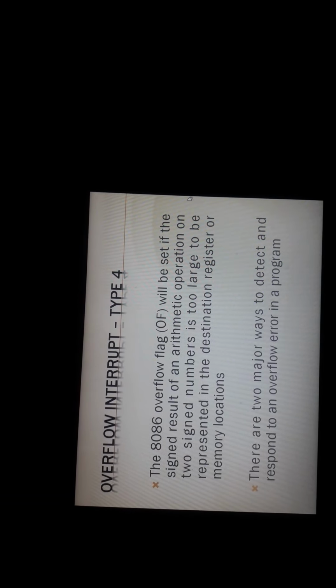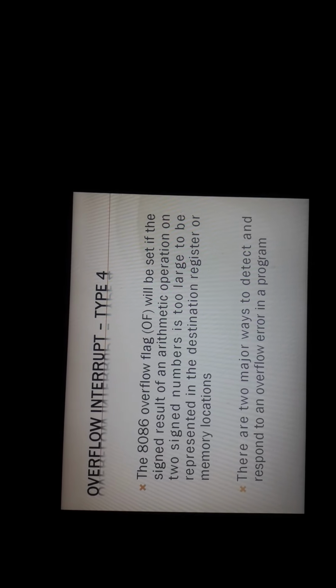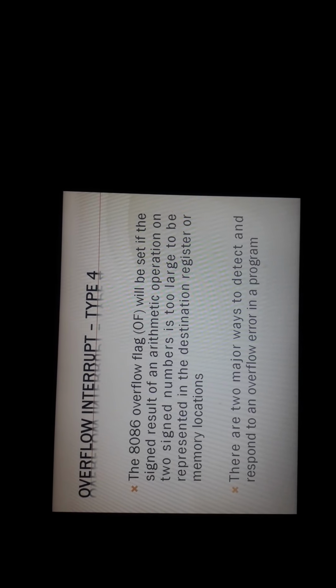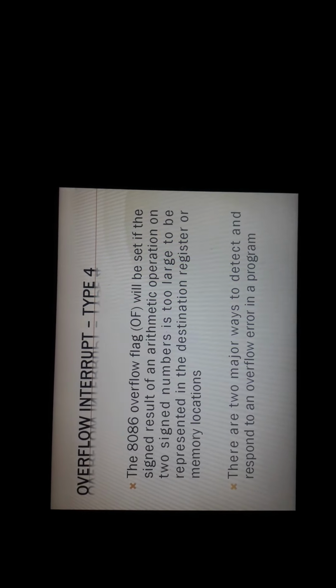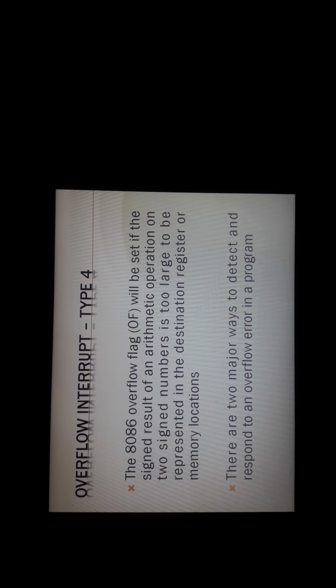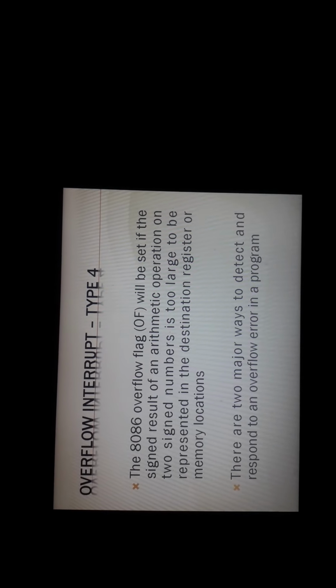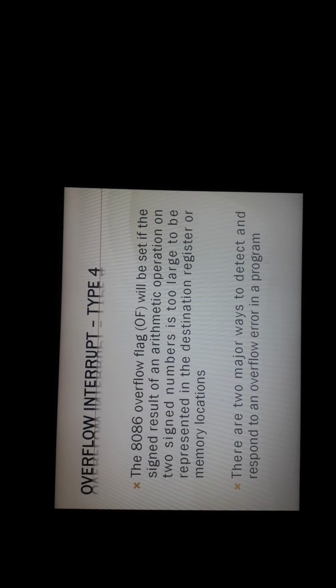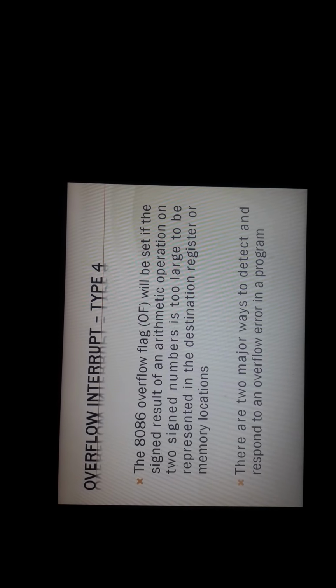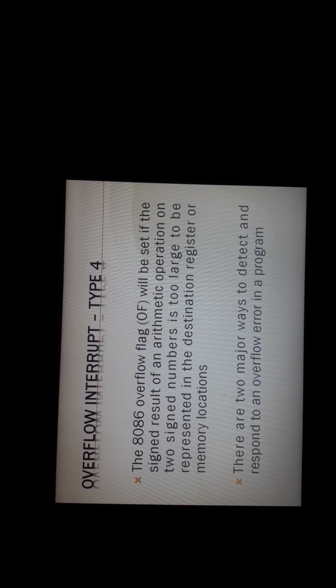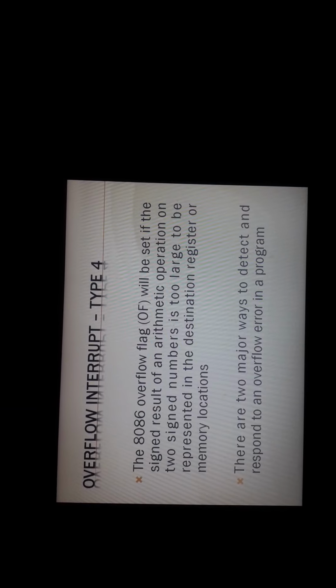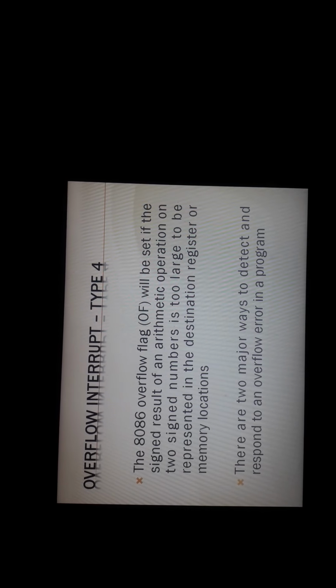And then the last interrupt in the dedicated interrupts is the overflow interrupt, that is a type 4 interrupt. Whenever the overflow flag is set, it is set only for signed operations. When doing signed operations, the value is divided into positive and negative, so the range is reduced to half.